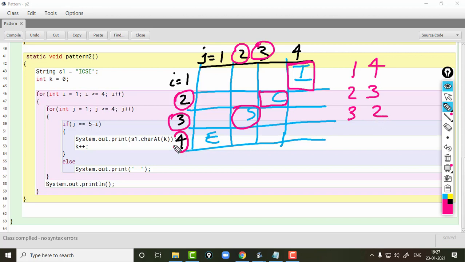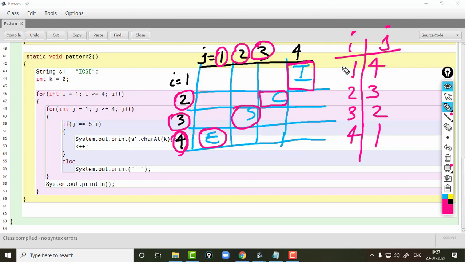And finally E should be printed when i is 4 and j is 1, so I'll write down 4 and 1 here. So you see that this is i and this is j.